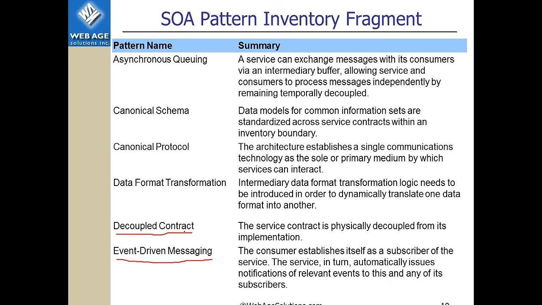Decoupled contract is a service contract where the interface or the contract of the service is decoupled from its implementation. So, for example, you can have a WSDL document which includes a schema or a set of schemas.